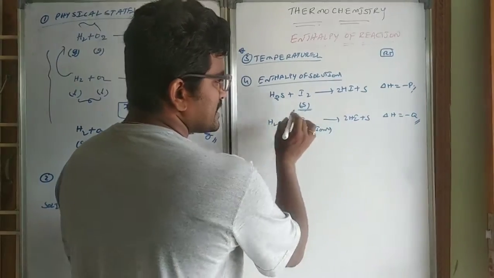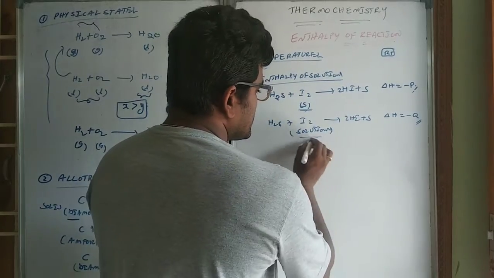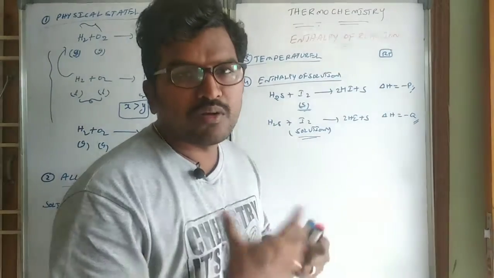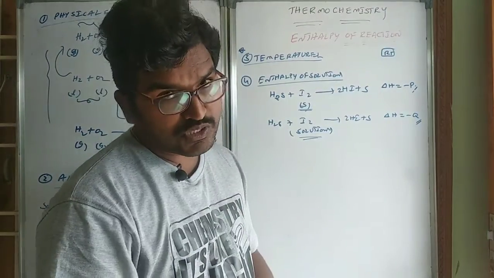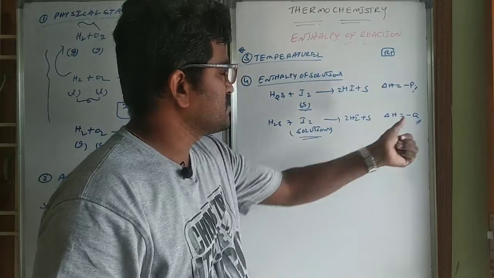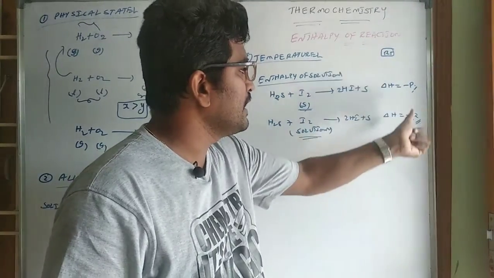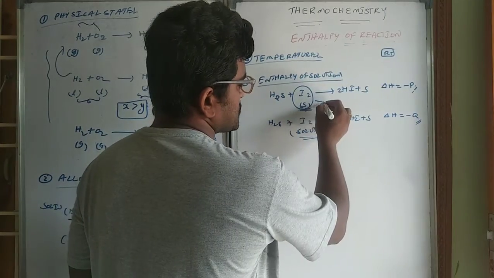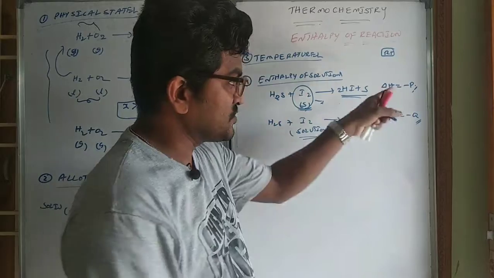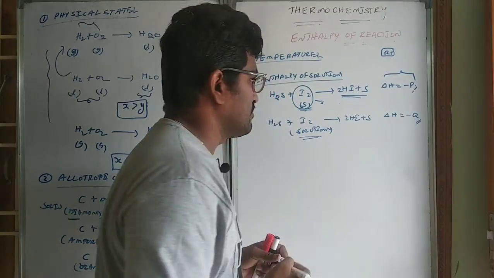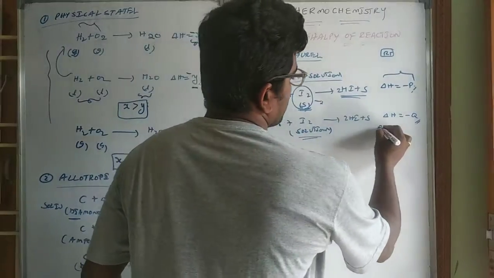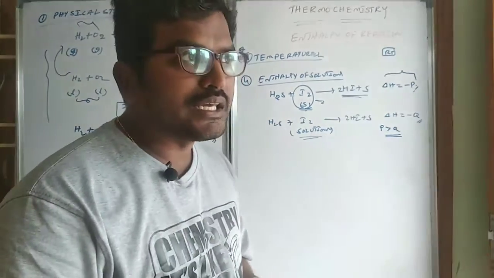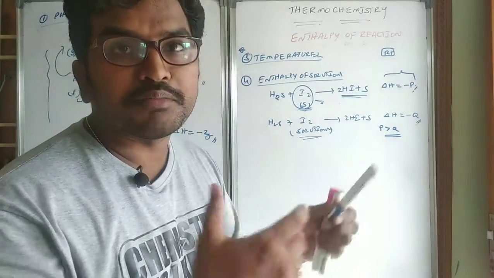So when you consider this, here it is in the solid form, here it is in the solution form. When the solid is dissolved in solution, some amount of heat will be released. So that's why exo will be coming. So that's why P will be more than Q. So when solid is there, it gets converted into solution and the reaction takes place. So that's why here it will be maximum and here it will be minimum. Like this, enthalpy of solution also plays a key role in enthalpy of reaction.